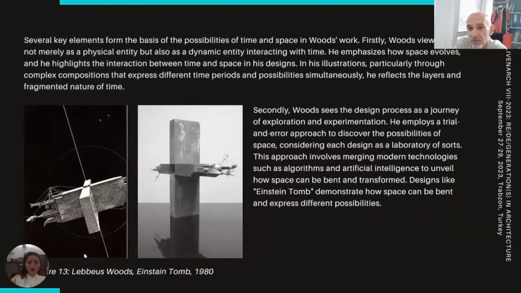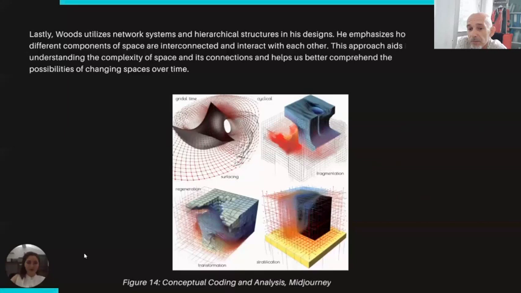Firstly, Woods views space not merely as a physical entity, but also as a dynamic entity interacting with time. He emphasizes how space evolves, and he highlights the interaction between time and space in his design. Secondly, Woods sees the design process as a journey of exploration and experimentation. Lastly, Woods